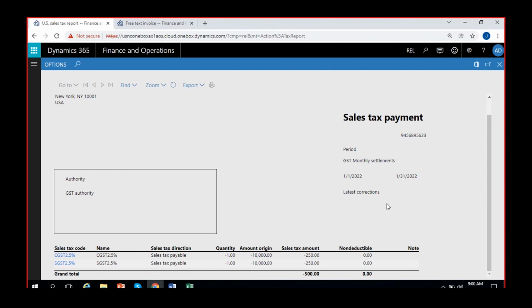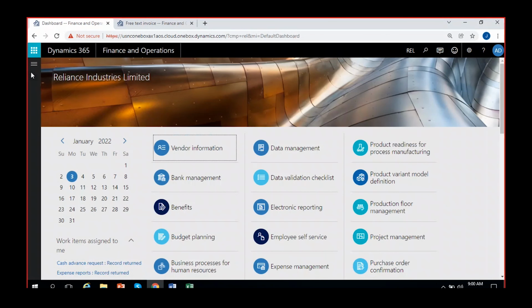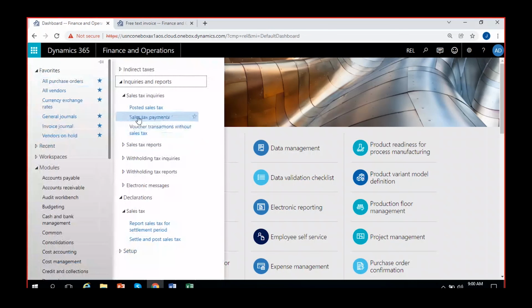Here it is. You can clearly see that only these two transactions are considered, the 250 transactions that you have just made on the free text invoice. A total of 500 tax payable is being accounted. So let's see what happened in the sales tax payable. If you go to inquiries and reports, and the sales tax payments here in the tax module, this one,